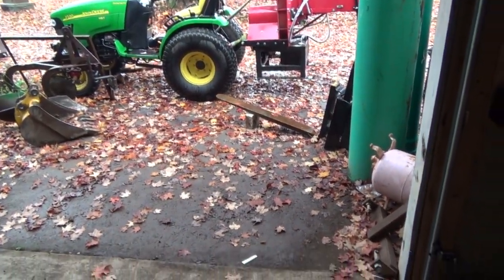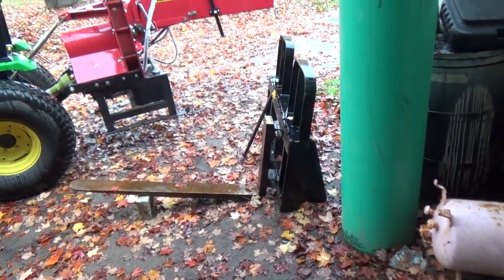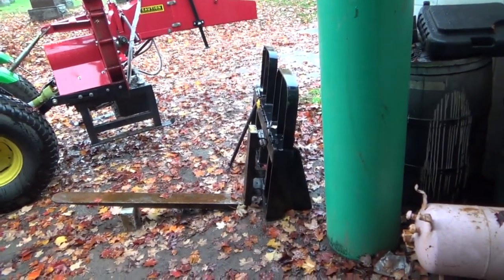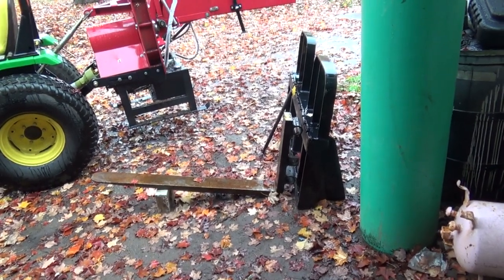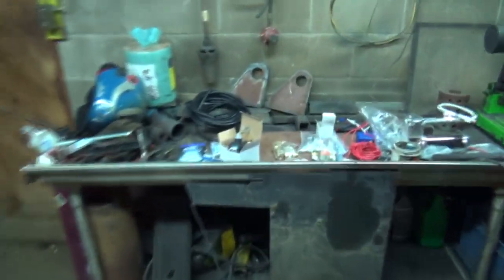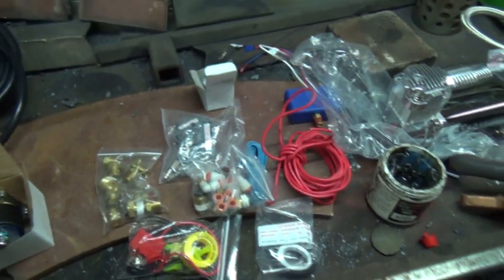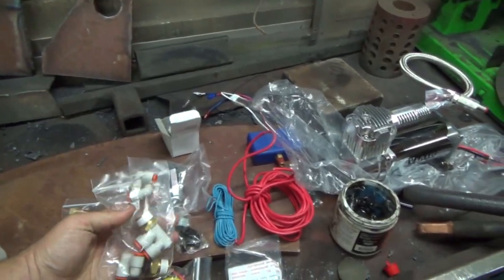I'm just going to do a bit more work on this forklift project here, and maybe get the one side welded on, but everything's just soaking wet today, so I don't know, boys. I don't know what we're going to actually get into today. I'd like to maybe throw this awesome kit on my truck, but that's another thing. Everything's soaking wet on that too, and I guess I could do some of the preliminary stuff,